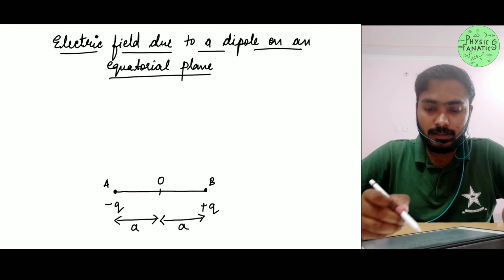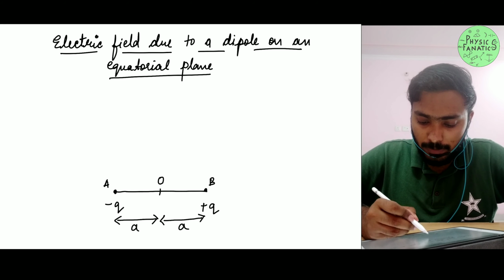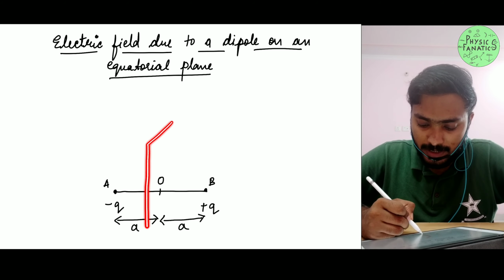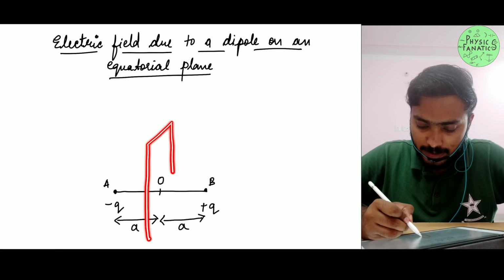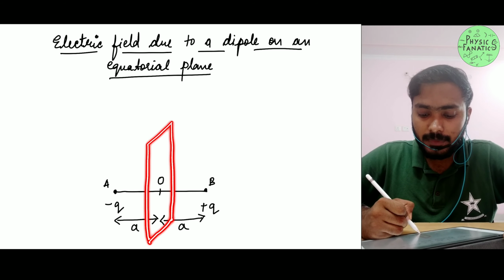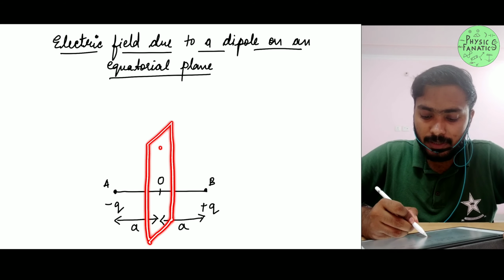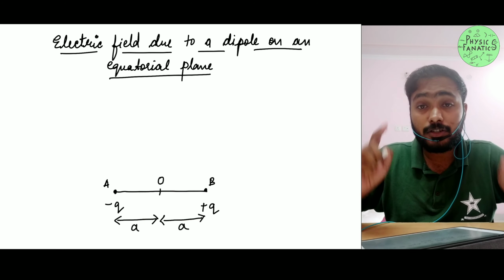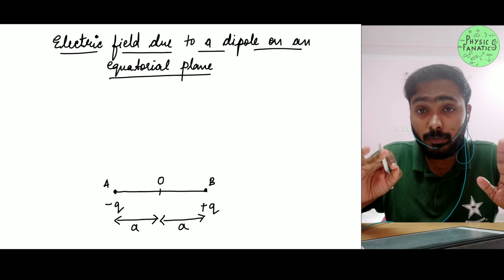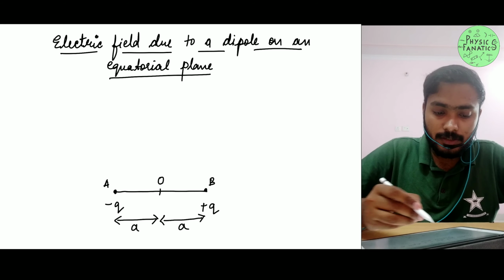So here in this particular case, the equatorial plane is going from the center and it is somewhat like this. This is the equatorial plane. Can you guys visualize it? Right? So that is the equatorial plane, and in that equatorial plane I am placing my point. My point can be here, it can be here, it can be anywhere. So in that equatorial plane I am placing my point. Is it understandable? So let me place my point.